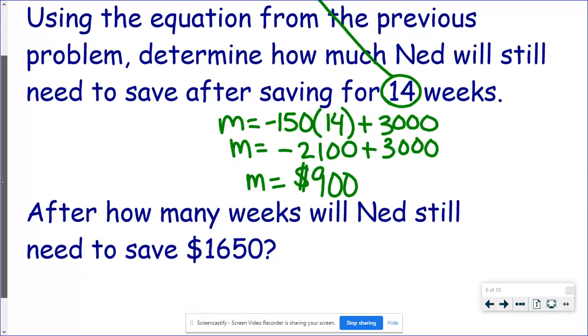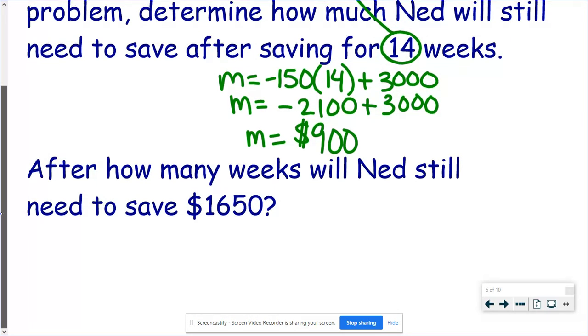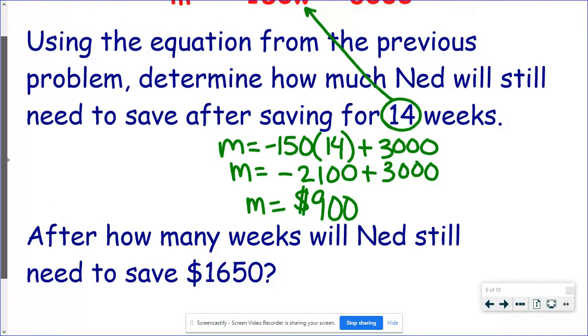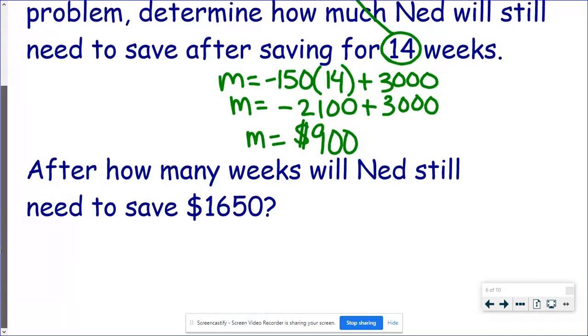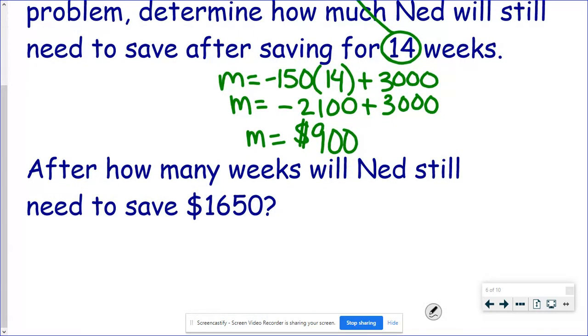All right, now using that same equation, I want to know how many weeks it took him so that he was down to $1,650. Now this is a different kind of question than what I've asked before. I want the amount of money that he still needs to save. I want this number to be the $1,650. So we haven't done a problem where we're substituting there, but we certainly can. If I say 1,650 equals negative 150W,